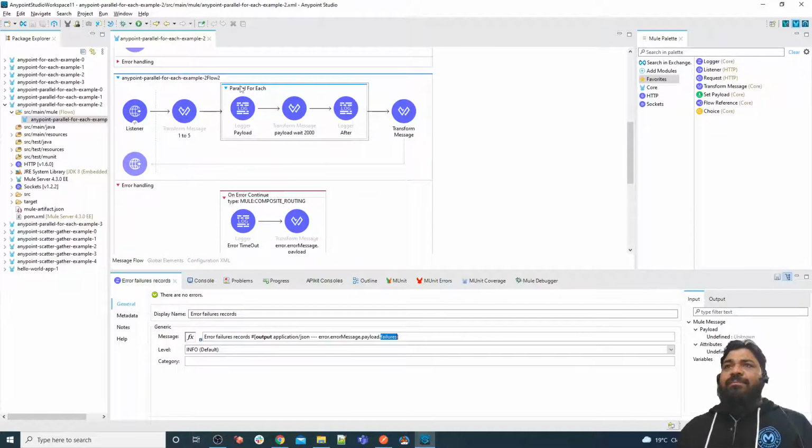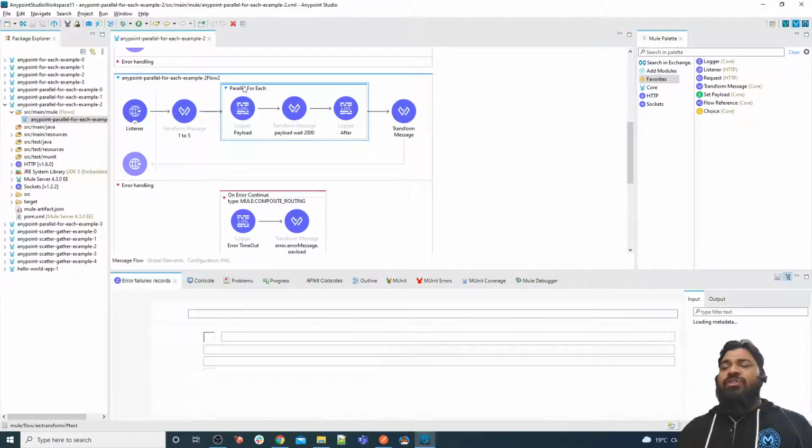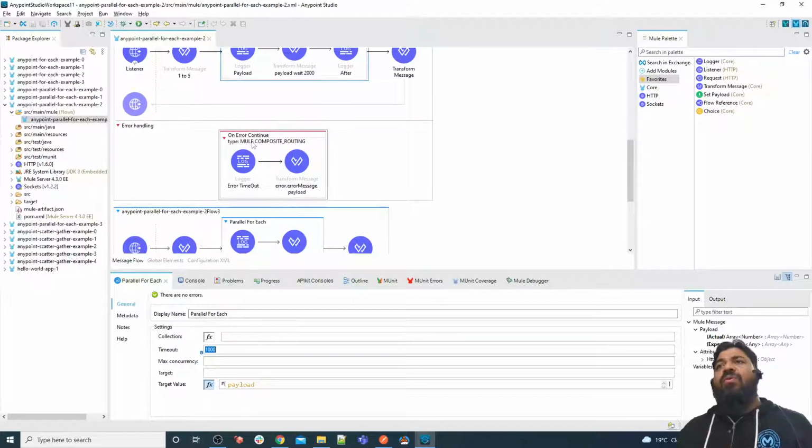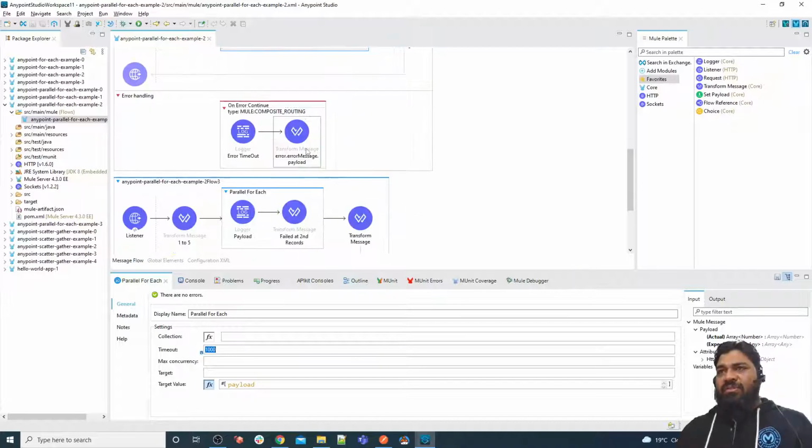Another thing, this example basically shows you how exactly timeout works. We define here how much time the parallel for each may take. If it takes more time than what is defined in the timeout, then it will also throw a composite routing exception, so it is the same exception.